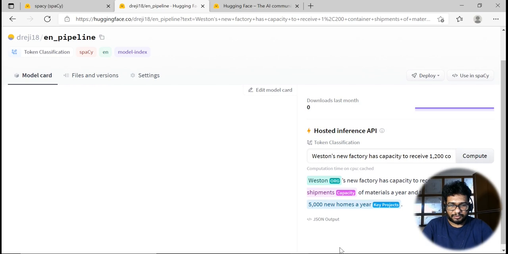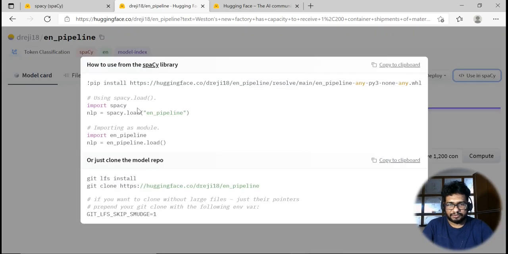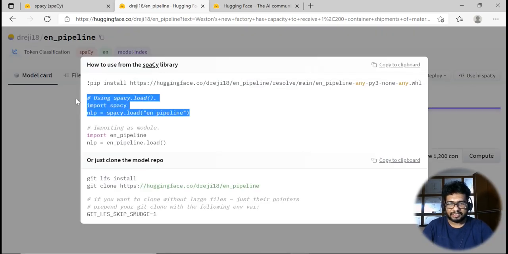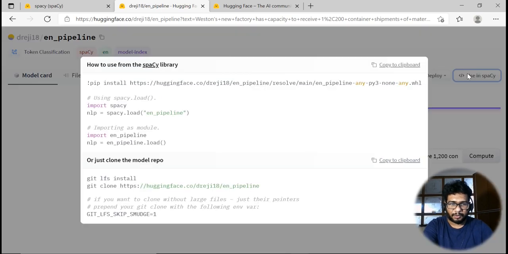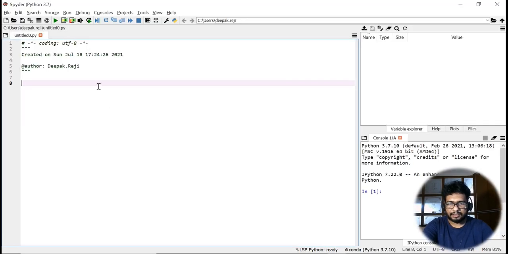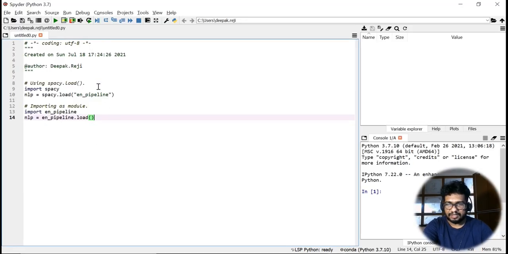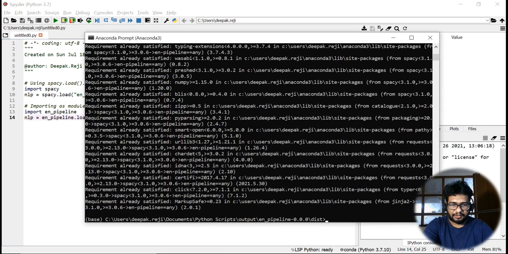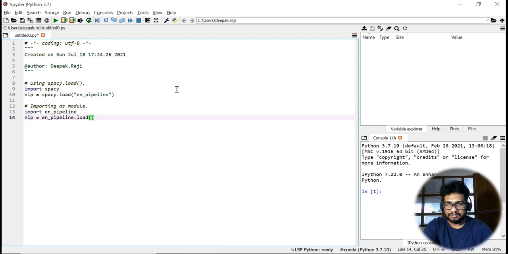Once that is done, you can load it exactly like how you used to load a normal spaCy model. So you need to copy it, and you can load it like this, exactly like how you guys do. Yeah, it says requirement already satisfied. I installed it earlier, that's why it's showing like that.